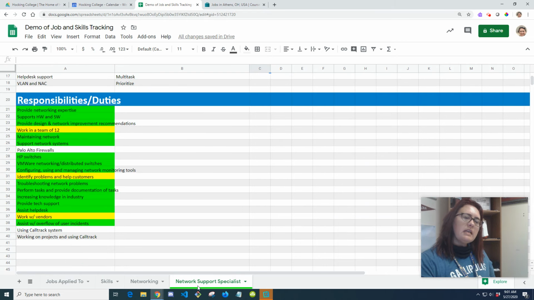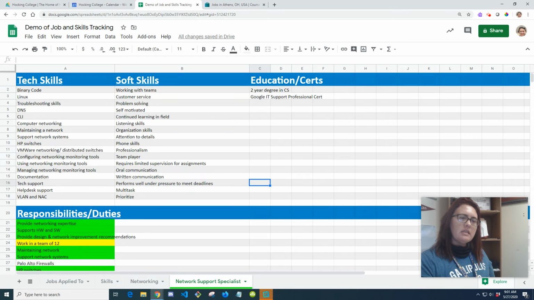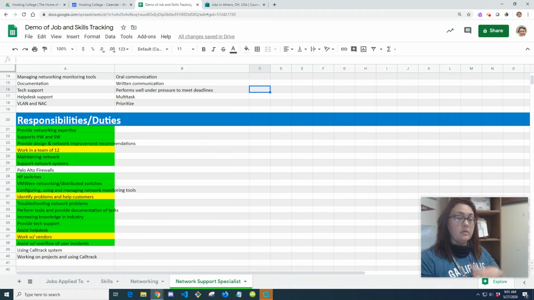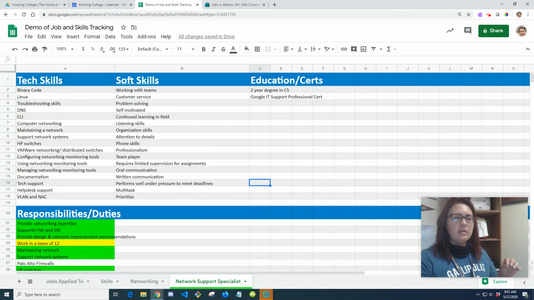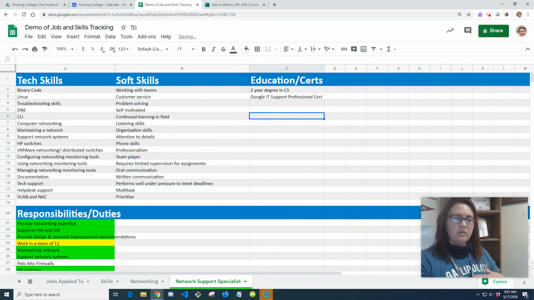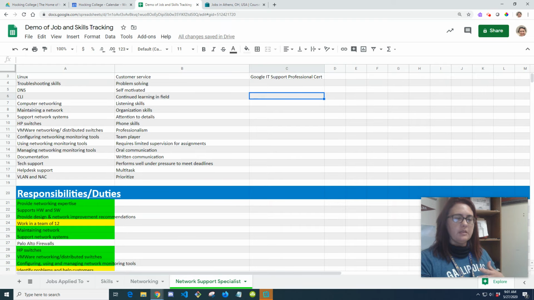So the reason I made this separate tab for the network support specialist is because whenever you apply for other roles, other job openings for a similar title, you already have a pretty good list of things they're going to be looking for. It's going to vary a little bit, so you need to actually look, but you've got a good place to start. And every time you apply and look, you're going to have a better list. So we got a list of tech skills, soft skills, and some of the education and certs, and the persona that we adopted of somebody who's had a 2-year degree,